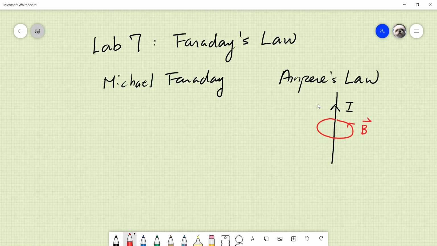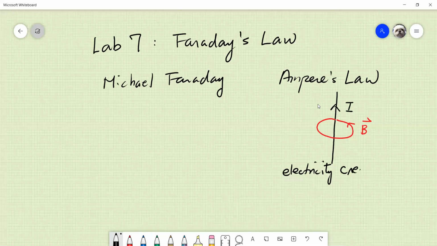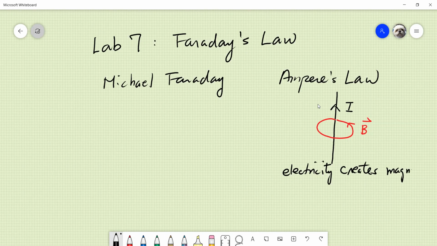So if I put it in layman's terms, Ampere law means electricity creates magnetism. Now that was, I think, around the early 19th century. Then not very long after that,